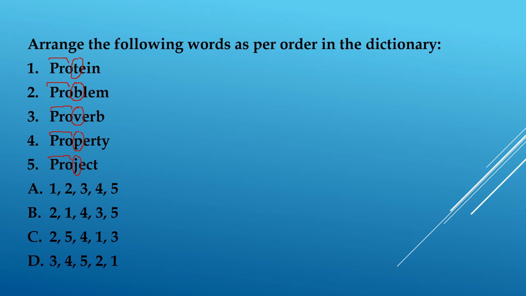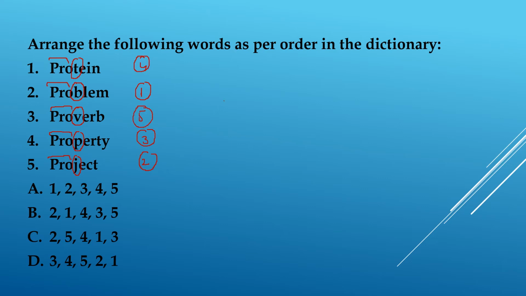Now this is simple because all the 5 letters are different, so we can very easily arrange the words based on these 5 letters. If we look at this, B comes first out of these 5 letters, so this will be the first word. Then comes J, so the second word will be this. Although this should be sufficient to give us the answer here, we'll still check the remaining words as well. Then the third word is P. Then we have T. And finally we have V. So this is going to be the sequence here.